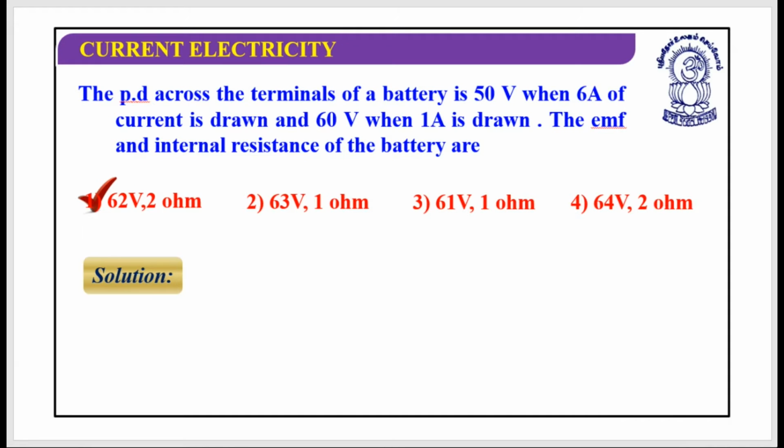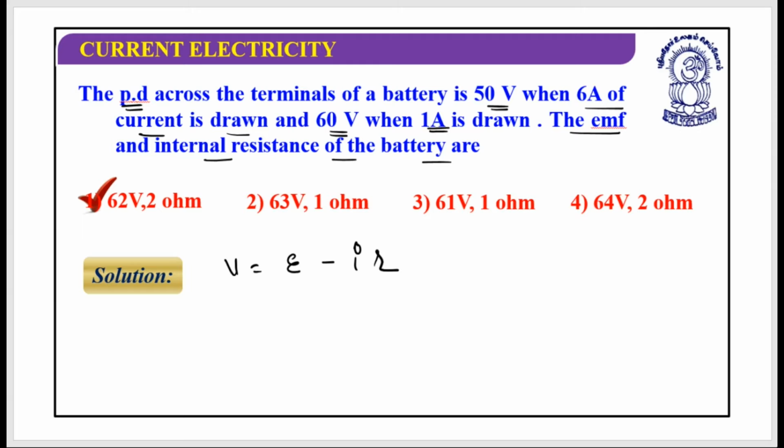Let's look at this question. The potential difference across the terminal of a battery is 50 volt when 6 ampere of current is drawn, and potential difference is 60 volt when 1 ampere is drawn. The EMF and internal resistance of the battery is, okay, so I know that when it is discharging, I can